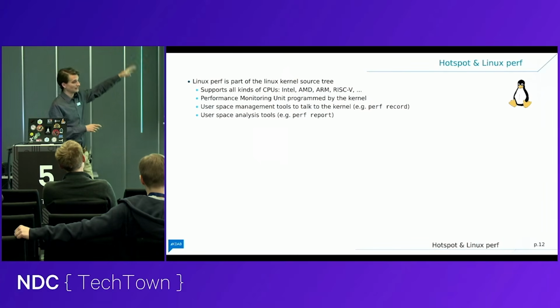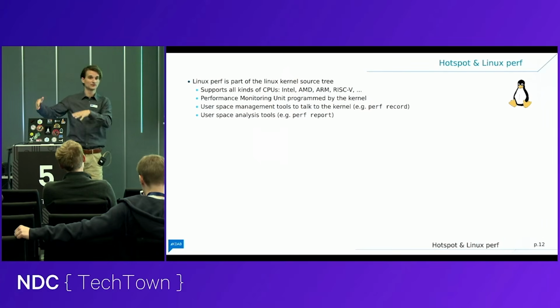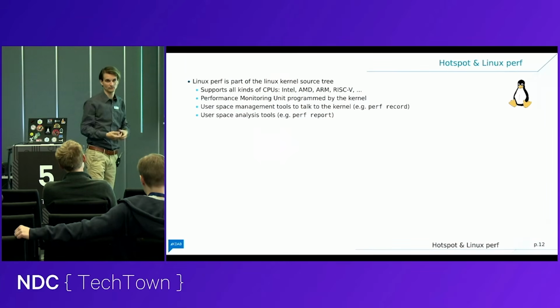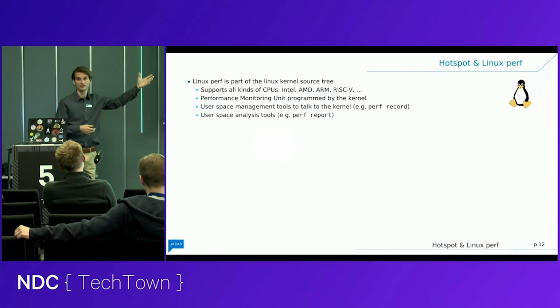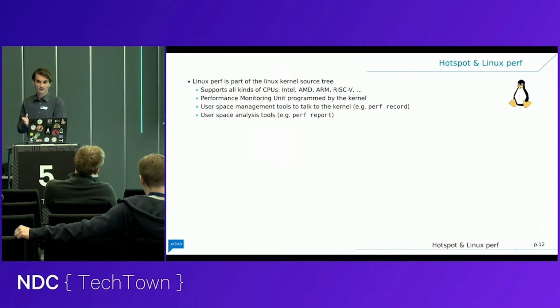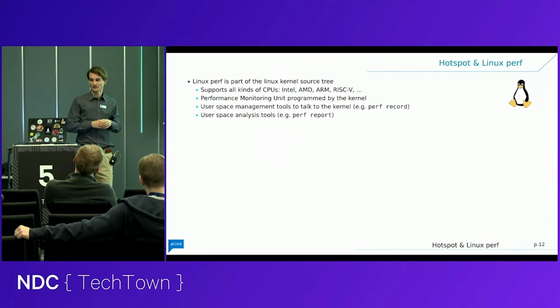And this is then accompanied by a bunch of tools in user space that, on one hand, drive the recording mechanisms inside the kernel. This is essentially perf record. And we'll stick to use that to actually record our data. And then there are also a bunch of tools that then analyze that data, such as perf report, which is doable, but